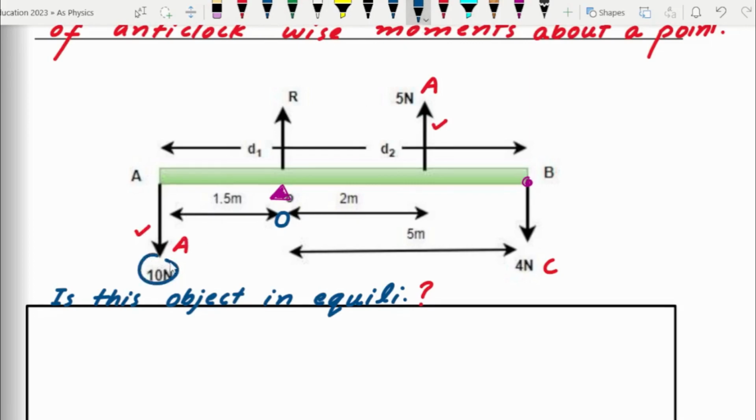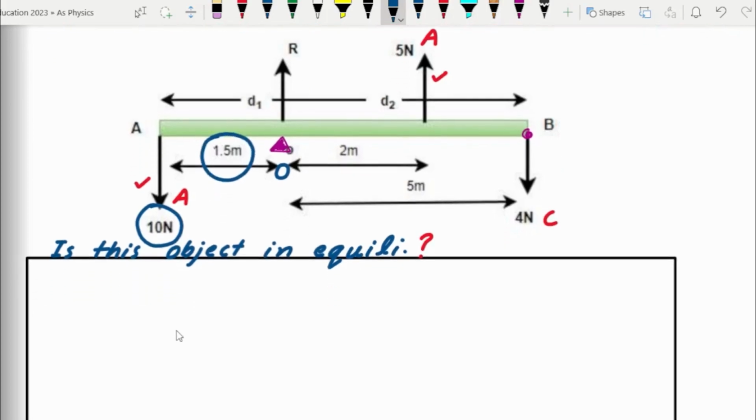So what is the first force? 10 Newton. अब इसका moment find करने के लिए we need to multiply this force with the perpendicular distance of this force with the pivot. तो ये force जो 10 Newton है, इसका perpendicular distance है आपके पास 1.5 meter. तो moment कितना हो गया? 10 times 1.5